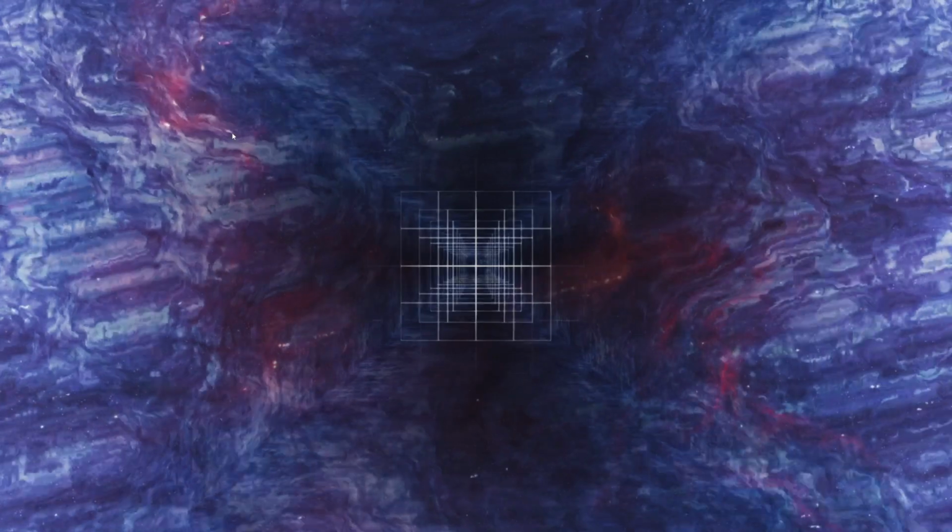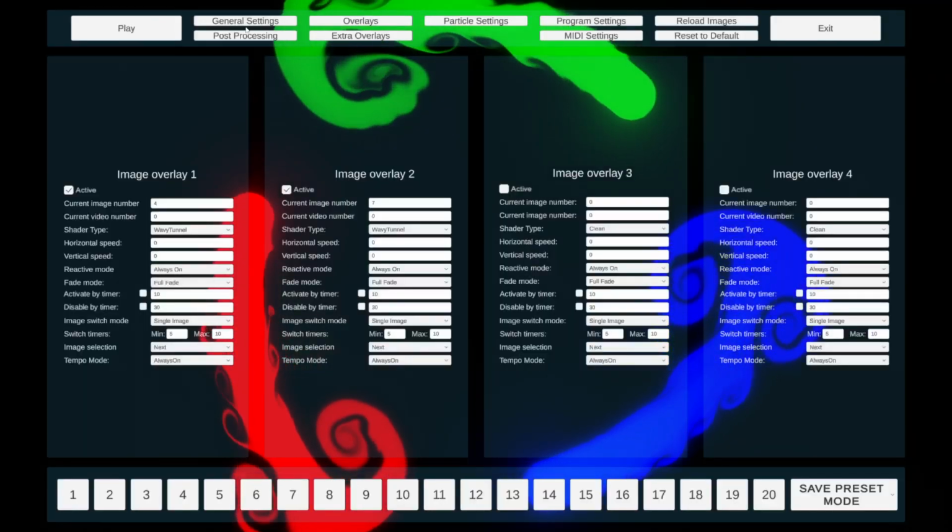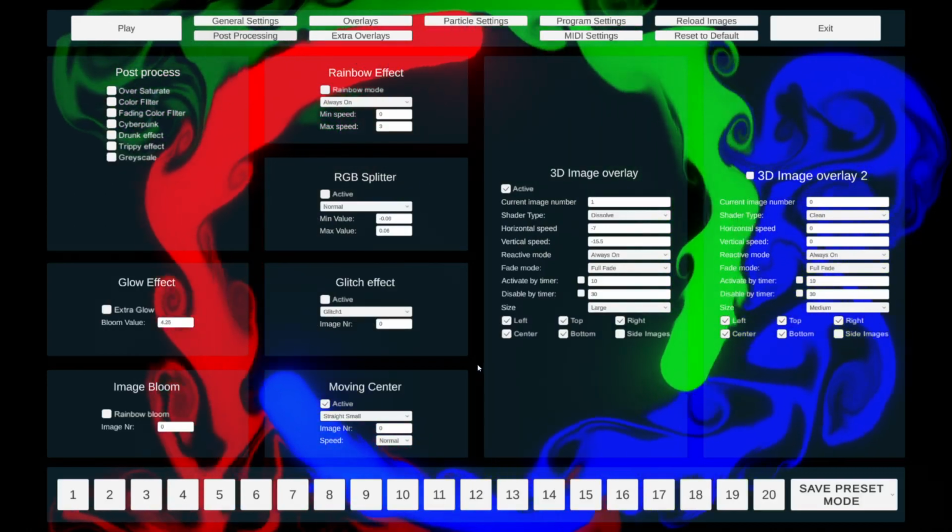So let's get something more interesting going on in the middle. I think here we go. These images in the middle are moving towards you and reacting to your voice. Since I'm using a microphone, it's reacting to my voice. But if there's a higher volume, then you can see they are moving closer. But this is not very interesting, so let's go to the post-processing menu,